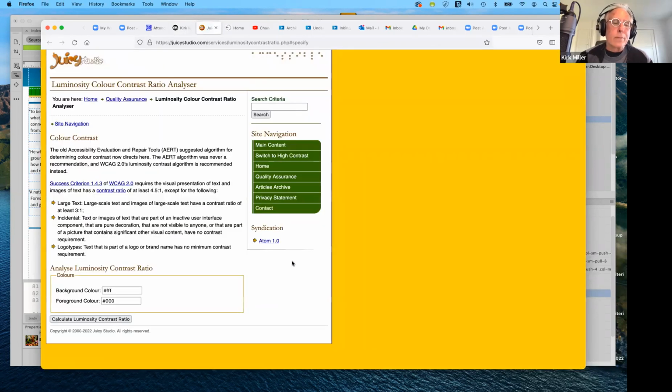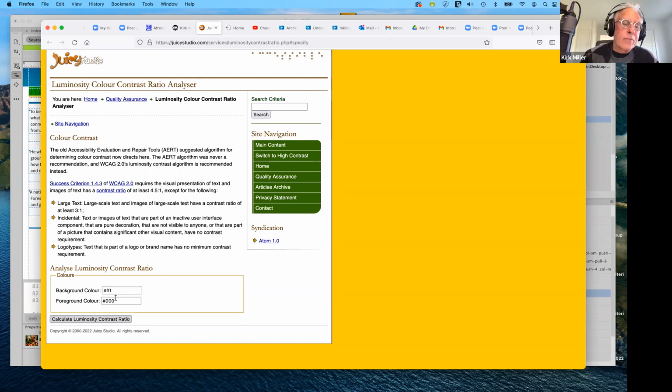And when you go here, the default settings are for background color is white. And then we have the foreground color, which would be for the text, and hashtag 000 is black. Well, let's go ahead and it gives us a rating,